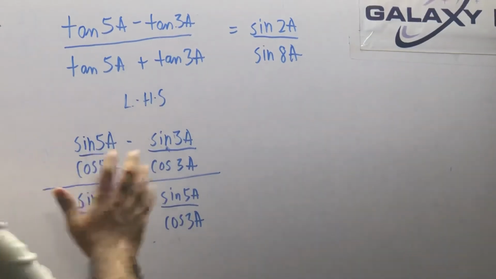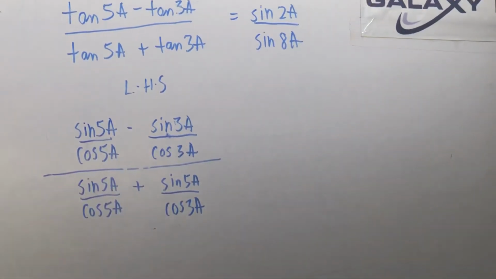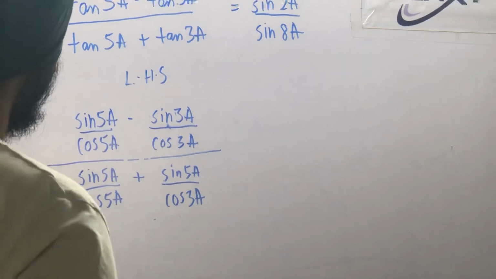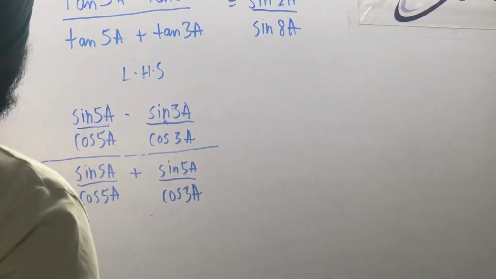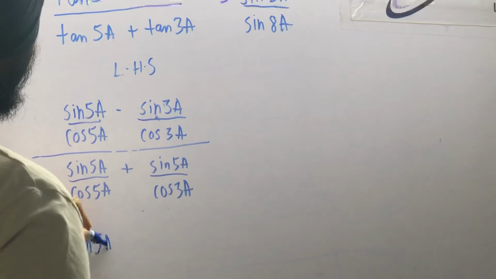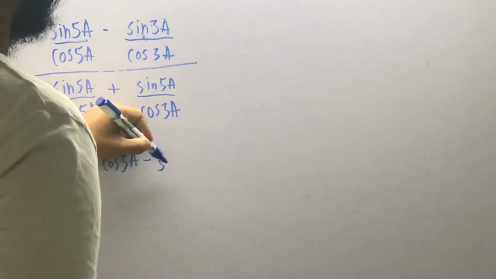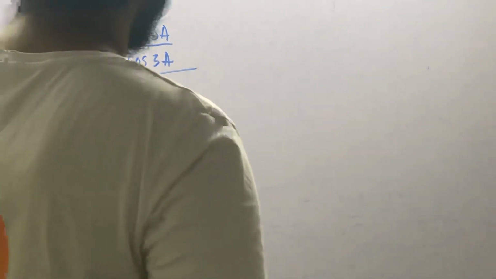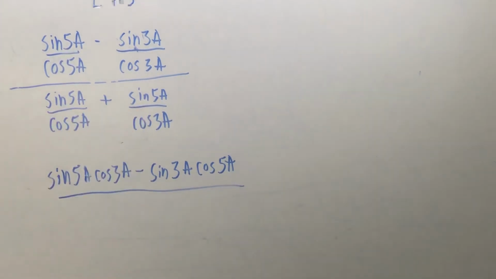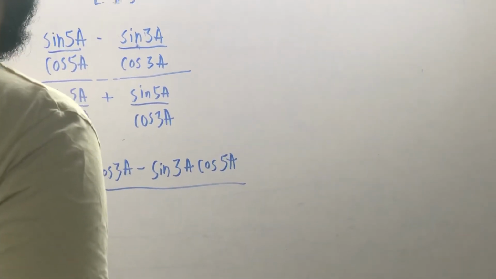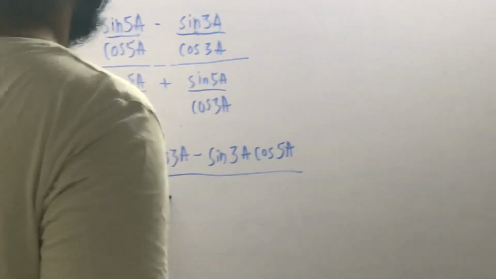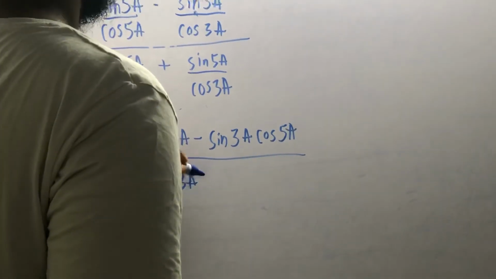Now, just take the LCM, okay? So LCM will be, cross multiplication will take place, sine 5a cos 3a minus sine 3a cos 5a, divided by sine 5a cos 3a, plus